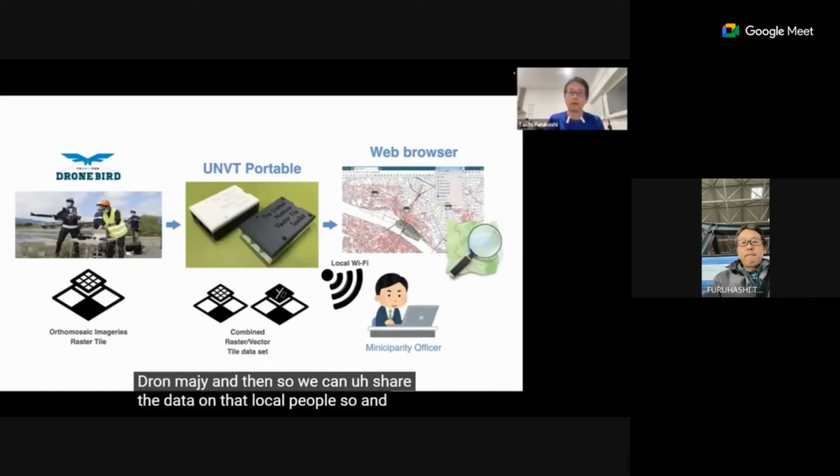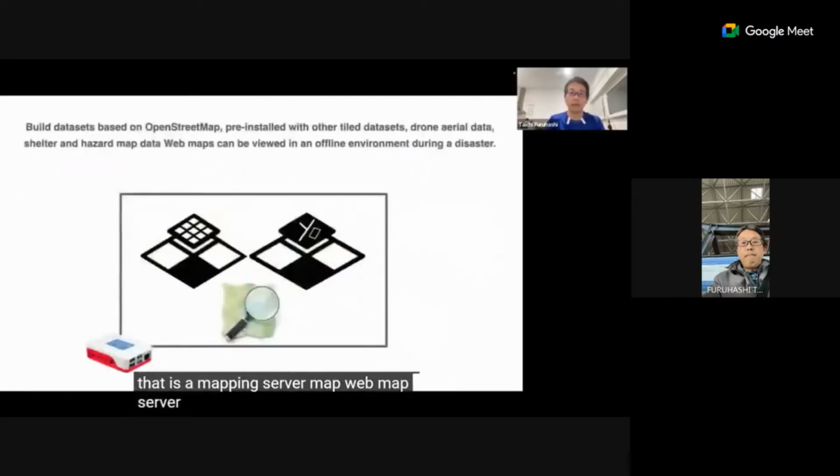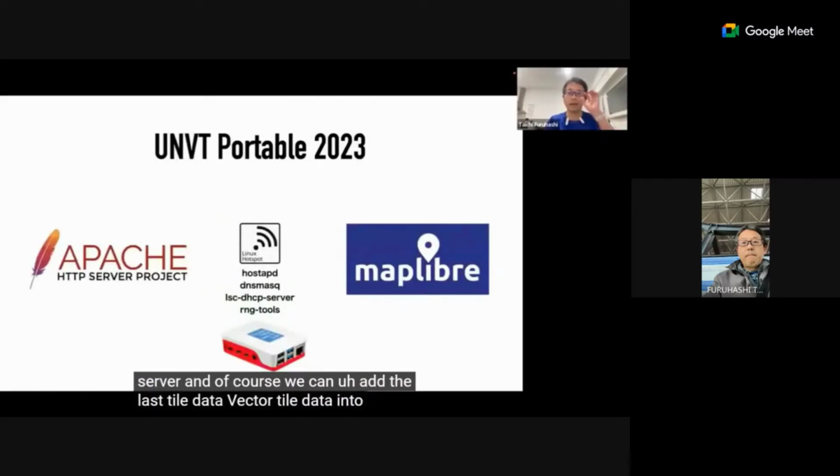The end user can use their own web browser, even offline, because the UNVT Portable device can become the local Wi-Fi network, and it is a mapping server, a web map server. And of course, we can add raster tile data and vector tile data into the